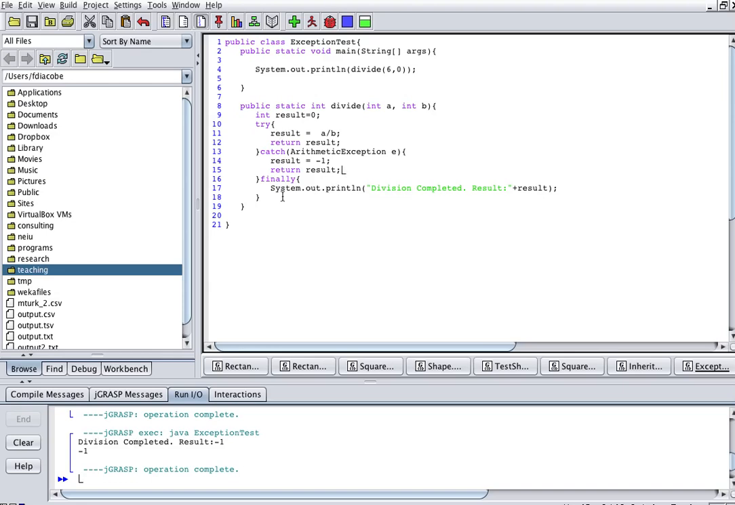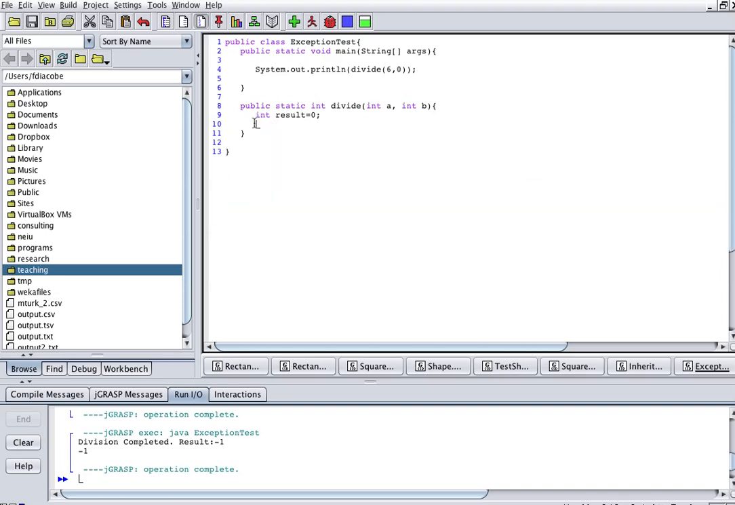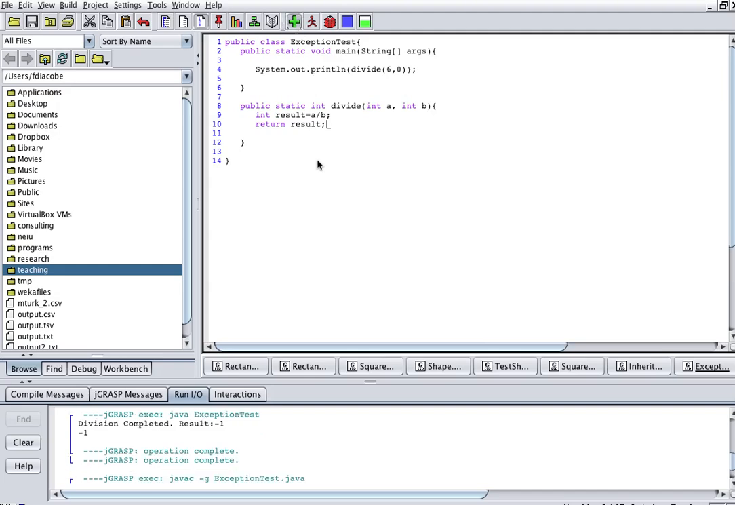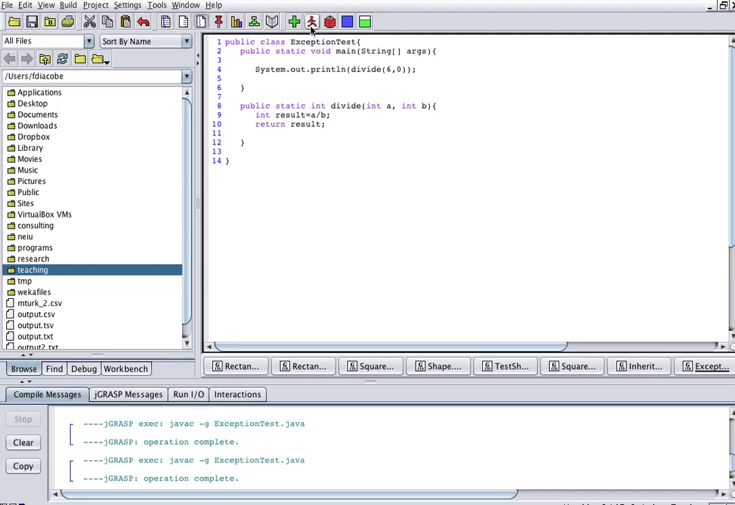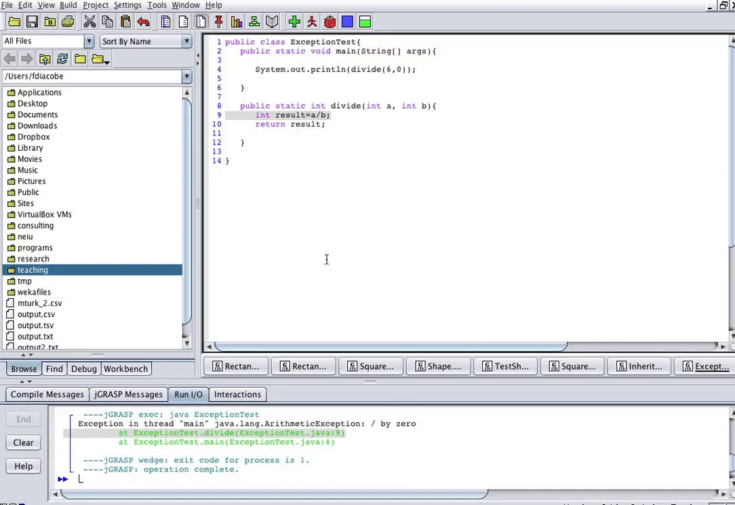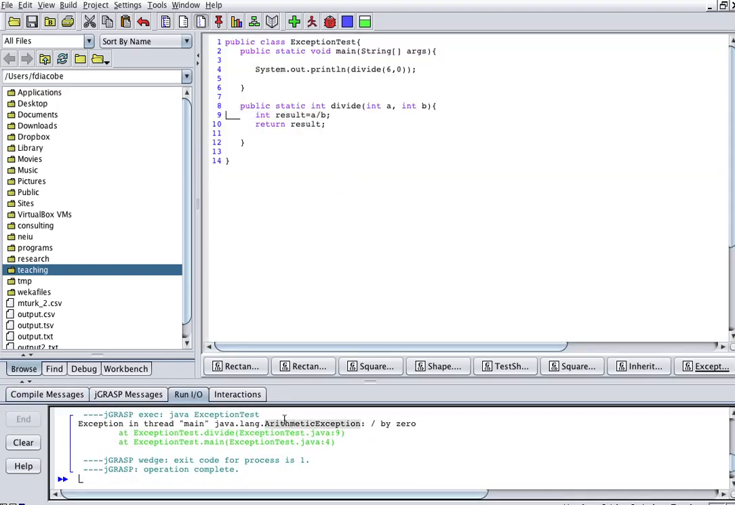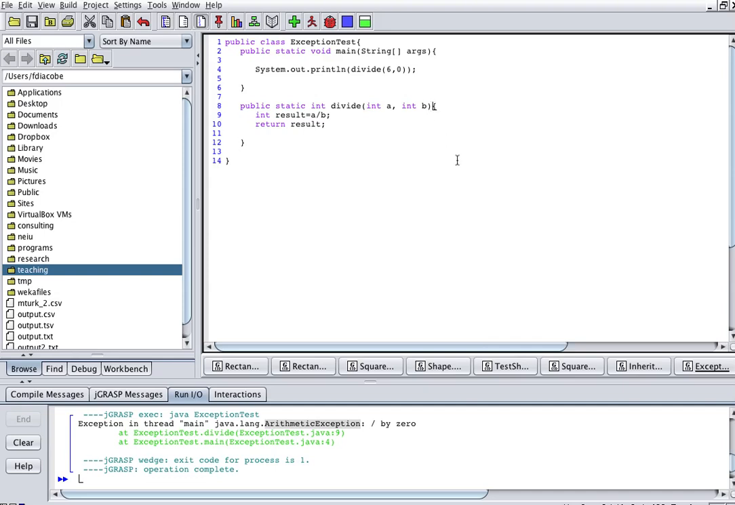Another thing that you can do is, let's simplify this again. Result equals 0, let's say result equals A divided by B, and then return result. What happens here is that this will compile, but we'll get an exception, right? We get the exception in here. Now what I can do here is I can say this method throws arithmetic